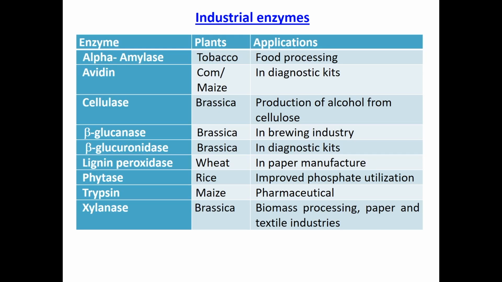Some of the industrial enzymes that are produced and their different applications are indicated in this table: alpha amylase, tobacco plants, food processing; avidin, maize or corn plant, diagnostic kits; cellulase, brassica plants, production of alcohol from cellulose, that is for biofuel production; beta glucanase, brassica, brewing industry; beta glucuronidase, brassica, diagnostic kits; lignin peroxidase, wheat, paper manufacturing; phytase, rice, improved phosphate utilization; trypsin, maize, pharmaceutical purpose; xylanase, brassica, biomass processing, paper and